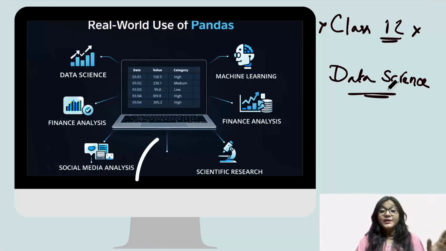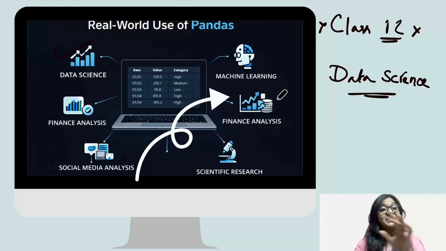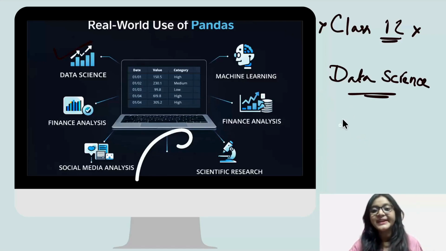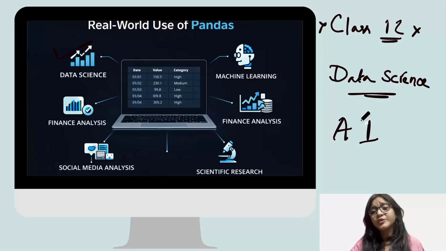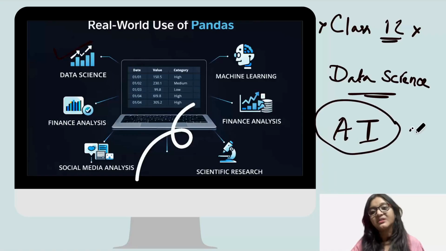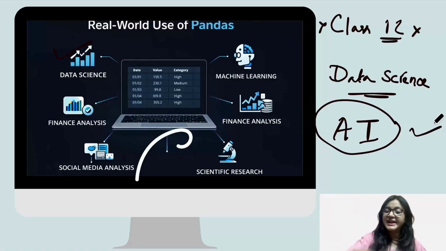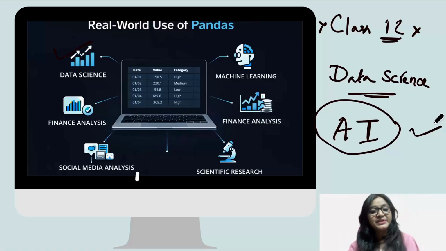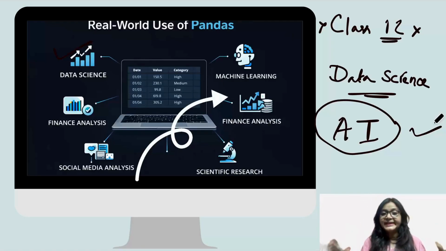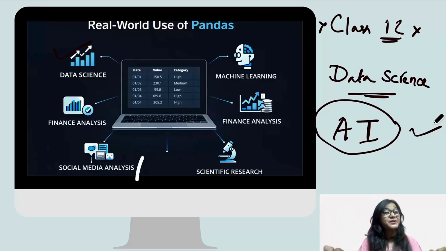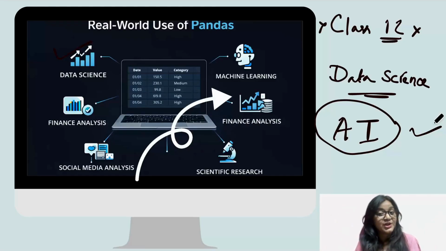Okay, so data science, machine learning. What is machine learning? Where is machine learning coming from? The biggest and the most popular thing on earth right now, which is AI, right? So how we train the AI models, that is machine learning. So think of fields like data science and machine learning, where a library like pandas is used, which is a part